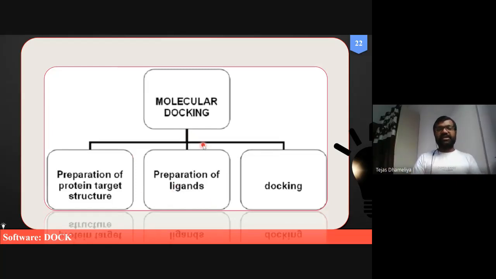So this is the thing which is carried out under preparation of the ligands. The last step is molecular docking. Molecular docking is the third and last step, where we are actually doing the docking. Different software have different tools for the same, such as AutoDock, which utilizes AutoDock Vina.